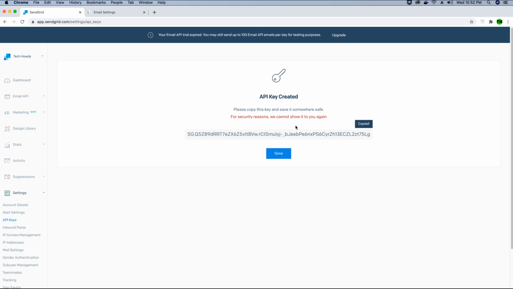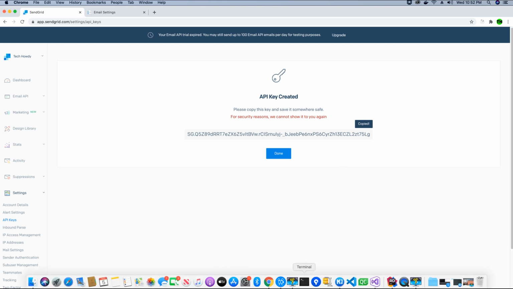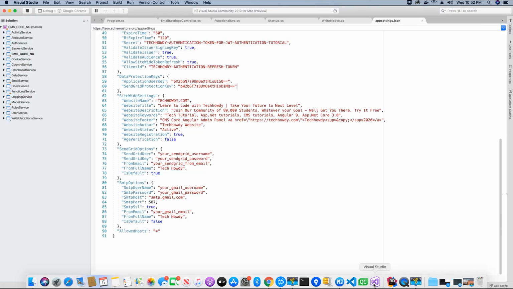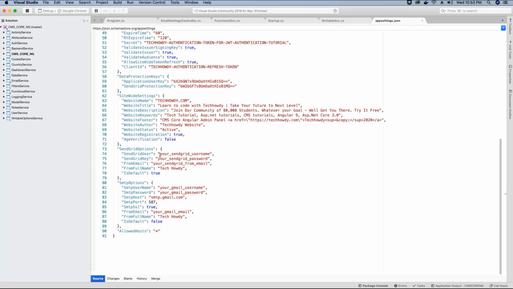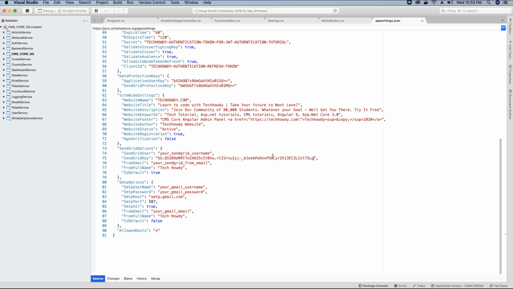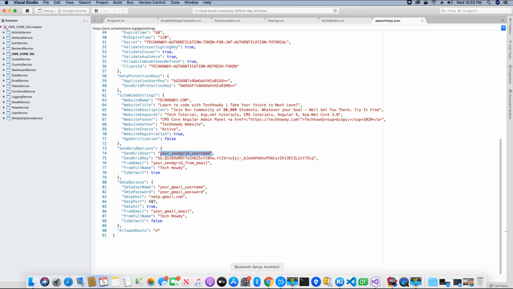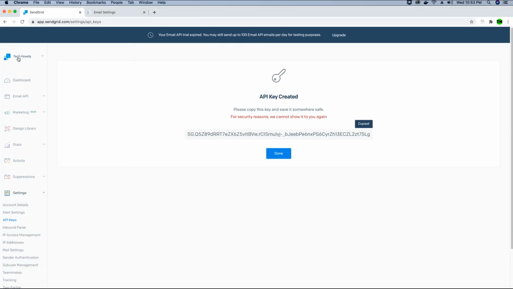So the next thing that I would want to do is go to my application. Here I would have to replace this SendGrid key with the key that I just created, and the user is basically my username for SendGrid. So I will go ahead and create that username. I already have the username over here under my option on the top left. So if I go to the account details,